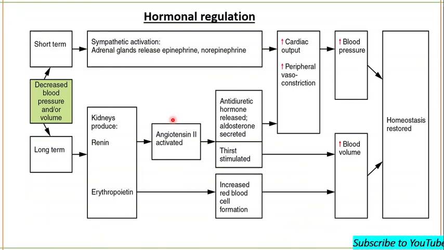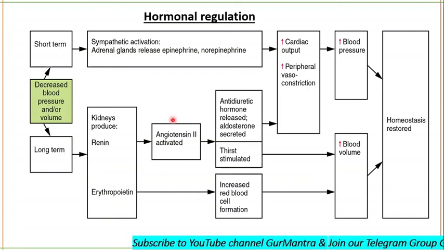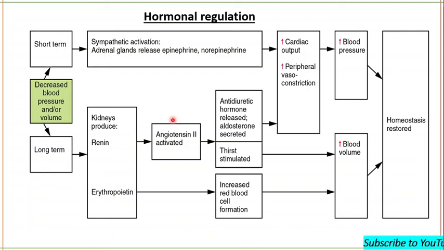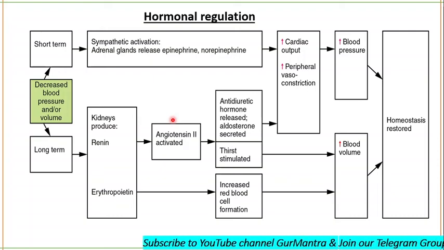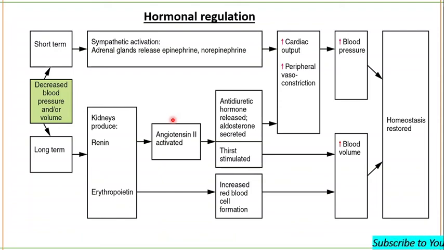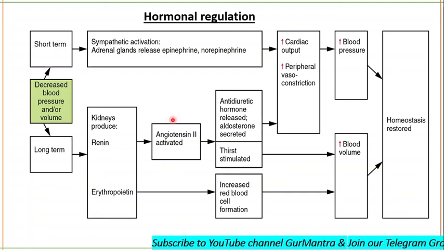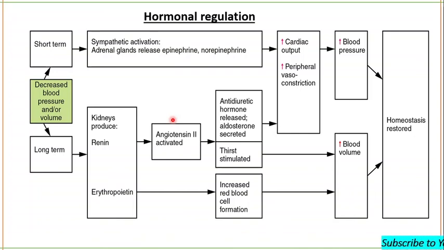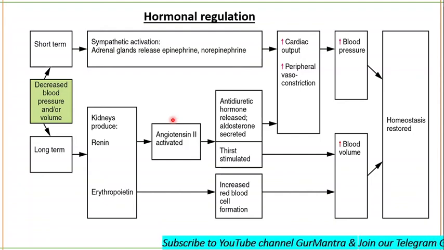From the collecting duct, urine drains into the renal pelvis. You have seen the structure of the kidneys, and I have told you about the renal pelvis. From the renal pelvis it is drained into the ureter and then to the urinary bladder, and finally through the urethra it is thrown out. In females, you know that there are two openings. In males there is only a single opening for discharge of semen as well as excretion of urine.